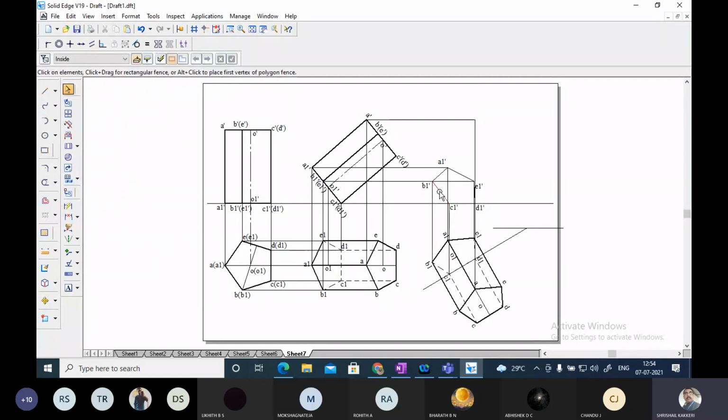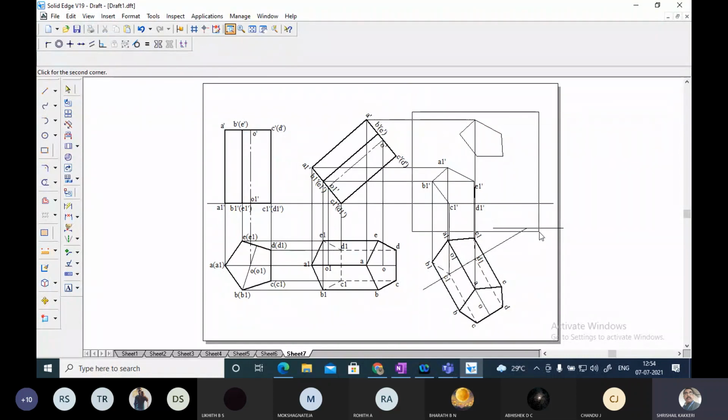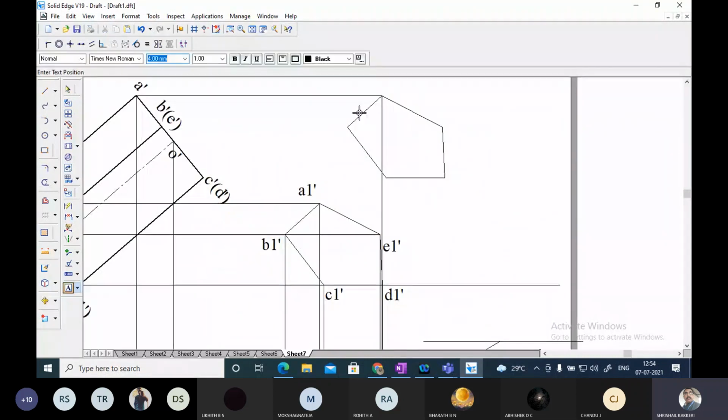Now what I wanted you to do, hold control, select this, and move from point A to point A, because already I have taken a point A. Here you can show all these points A, B, C. Here I have taken A dash, and this will be B dash, C dash, D dash, and E dash. And it will make it simple for you.